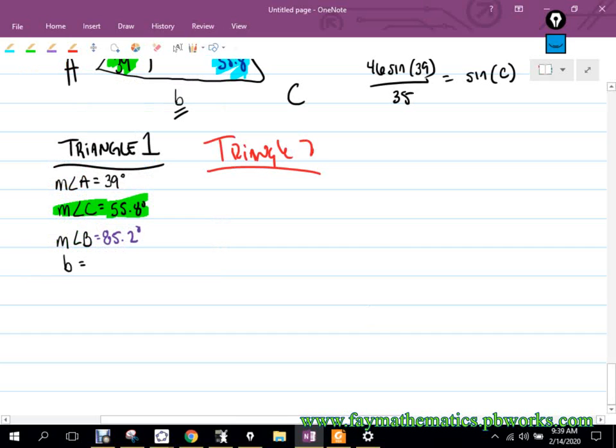Okay, if there's a triangle 2, it has to have the measure of angle A be 39 degrees, right? Measure of angle C, and this is why we highlighted that number right there. Yeah, that was the first angle we found. If triangle 2 exists, then angle C is going to be the supplement of 55.8. Okay? So what I'm going to do,